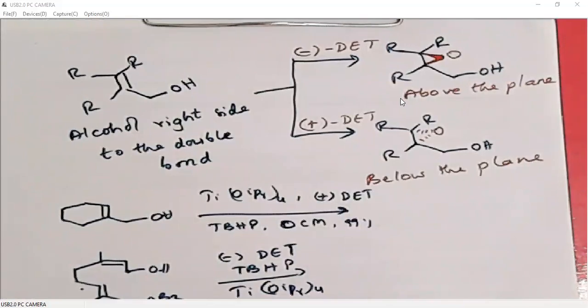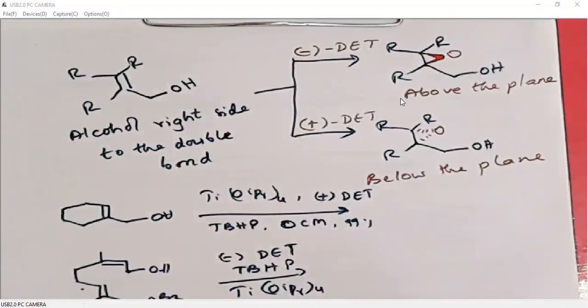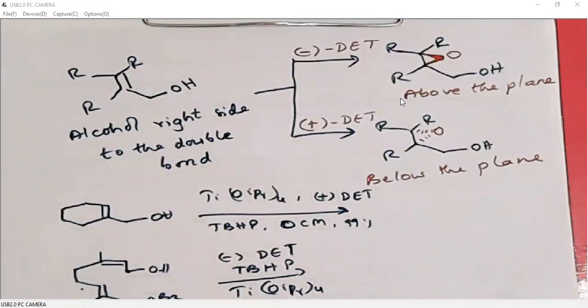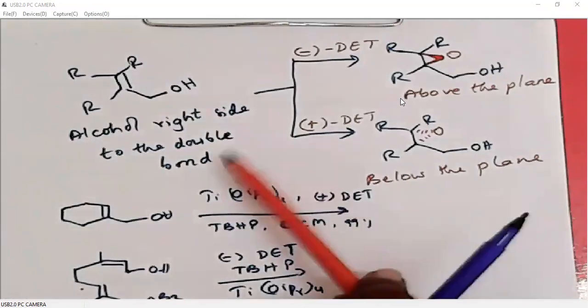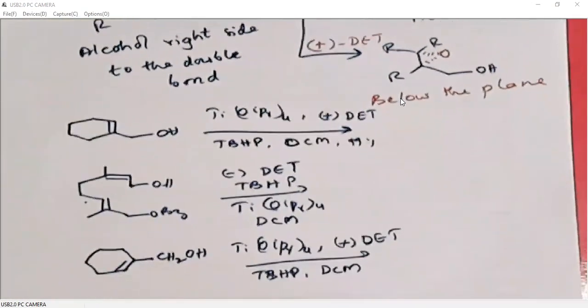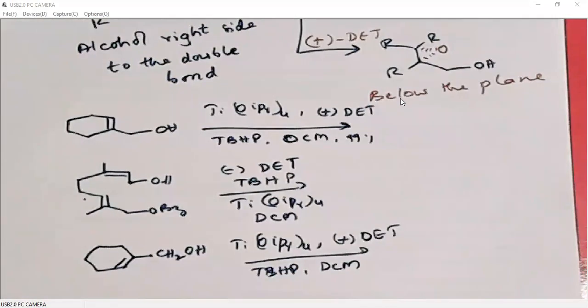I'll just explain three examples. You don't need to learn much. Okay, so this is the only shortcut. Whatever the allylic alcohol molecule is, we can easily predict the product. There were many questions on SAE conditions in CSIR GATE. Okay. I think you have written this, so I'm showing the problems.